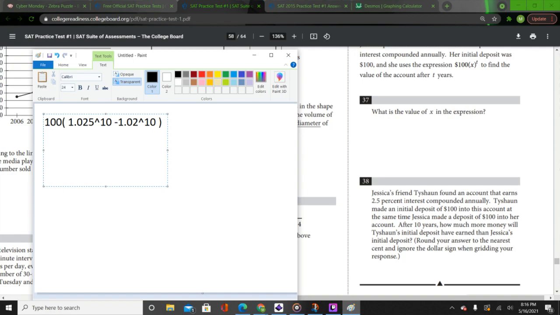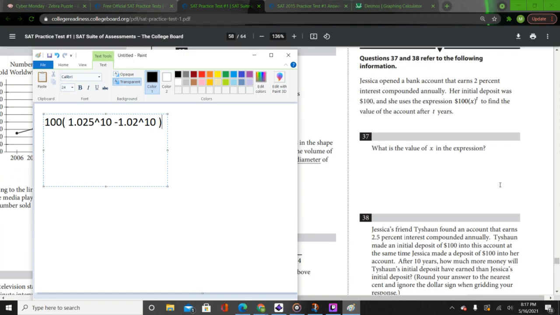Let me delete that. Minus that. And times 10. Oh, wait, what? I definitely messed up somewhere. 2.5% interest compounded annually. Where did I mess up on? I feel like, oh, because I forgot times 10. Yeah, it is